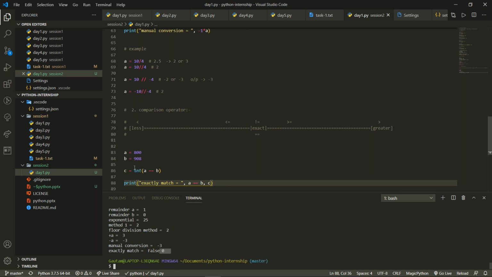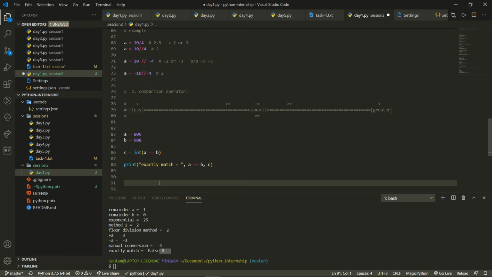So when we are typecasting directly, it was not taking, because it is checking this, and then we are asking it to convert, but then a print function is also there. So maybe that is the reason it is not taking. But you will find that when we are converting the Boolean value into the integer type, then it will give you 0 if it is false and 1 if it is true. Now, this is exactly match. Now we'll print